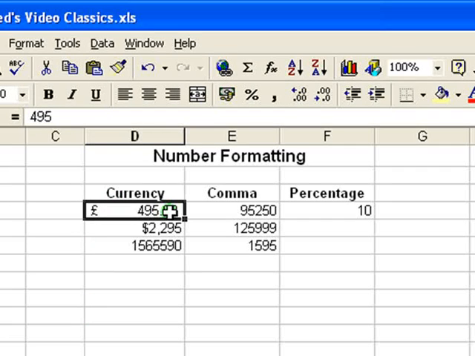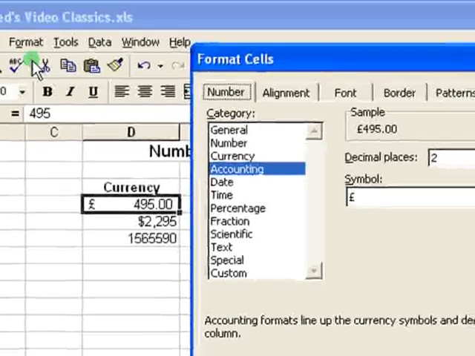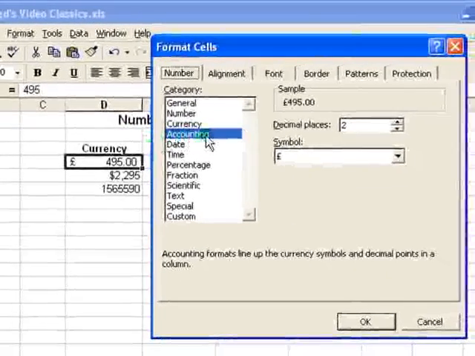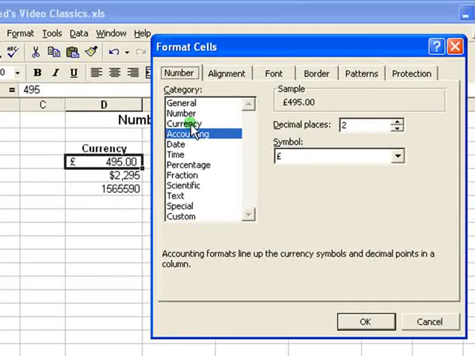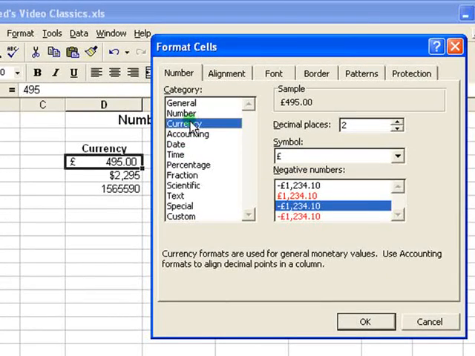If you want to change that, you can simply go to the format menu and change it back to normal currency formatting. Alternatively, if you've applied number formatting as we have here and you want to change to an accounting format, you can do that as well. So what I'll do here, first of all, is just change the accounting format to standard currency format. So we go Format Cells. As you can see, accounting is highlighted, so I simply click the option above it. So we go to